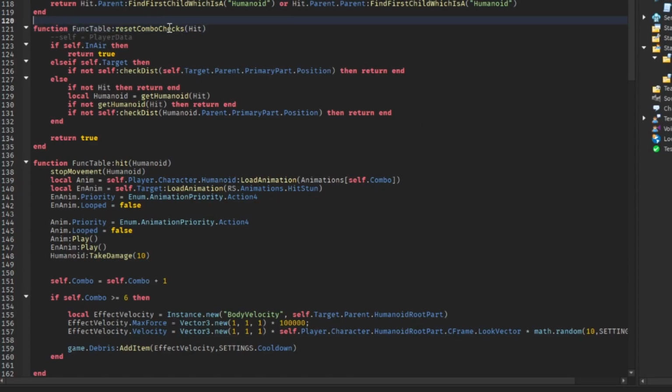And now we're going to fire hit through here, and then we do self.in_air. And then if we are in the air, we're going to return true, and then else if self.target, so we actually have the target, and if not check distance. So if they're not within our radius, then we're going to return nil, and if not, we're not in the air. If we can't find ourselves in the air, and if not hit, so we don't find anything inside of our